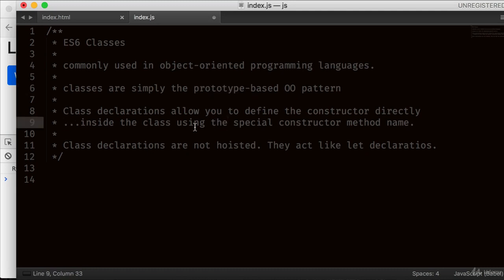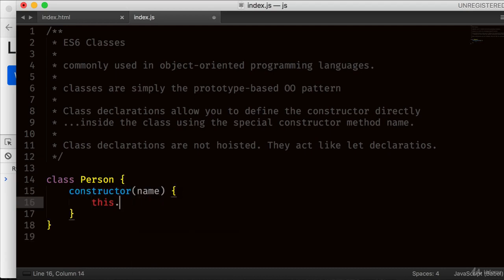So class declarations allow you to define a constructor directly inside the class using the special constructor method name. Okay, so let's write a class here. Class, let's call it Person, and by convention you start with a capital letter. Okay, so class Person, and then we define properties and methods. So for example, you can directly define the constructor inside the class. So constructor, it will take the name, and then you can simply point this.name equals to name. Okay,